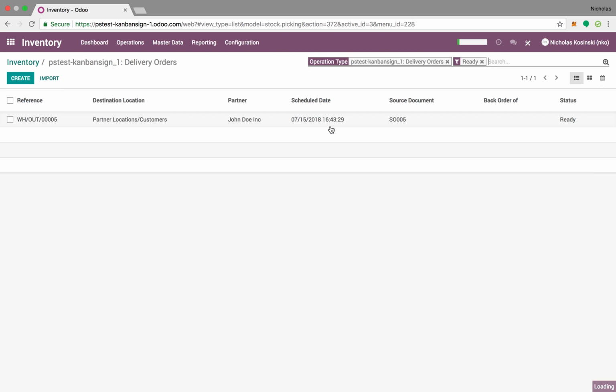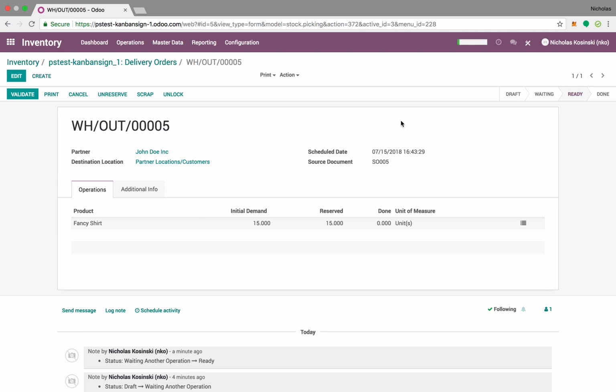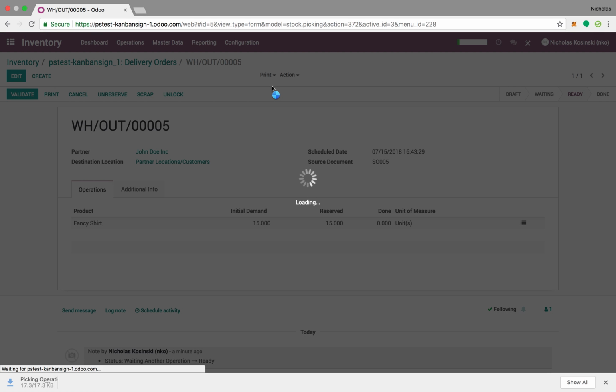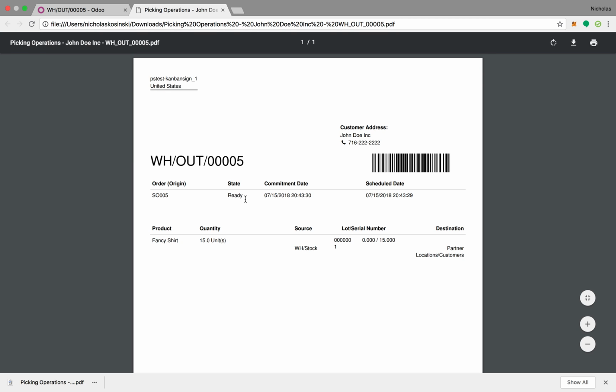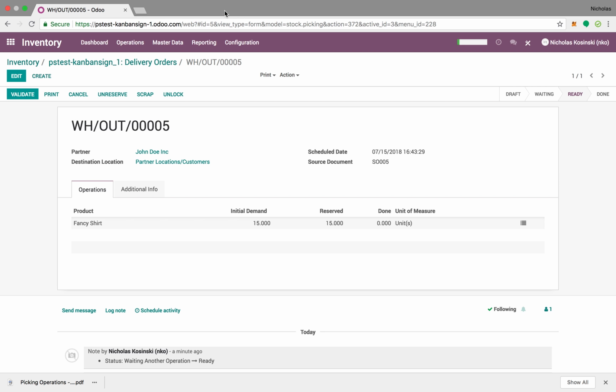If we open up what's to do, we'll see here it's the one for John Doe, our sale order number 5. For the 15 units of the fancy shirt, it's already been reserved. The system knows automatically it's time to ship this out. You and your team can print out your picking operation, however you want to handle it, right? You'll go into stock, you'll pick out your units, you'll put them in a box, you'll ship them out the